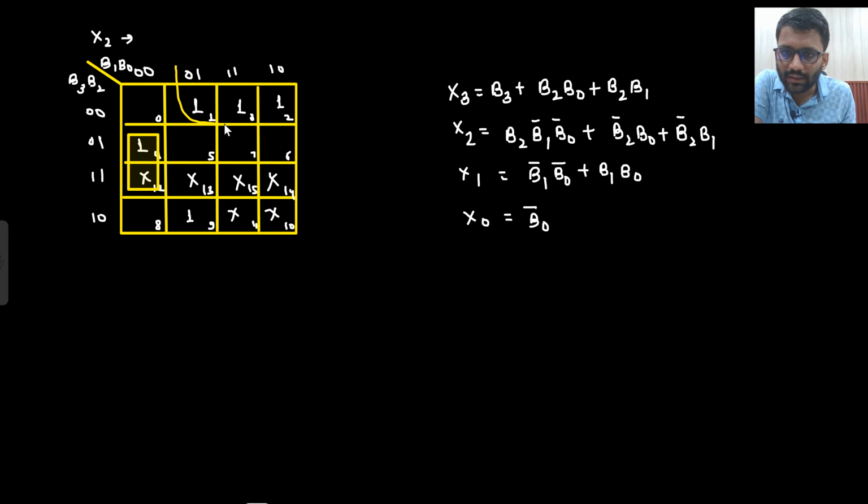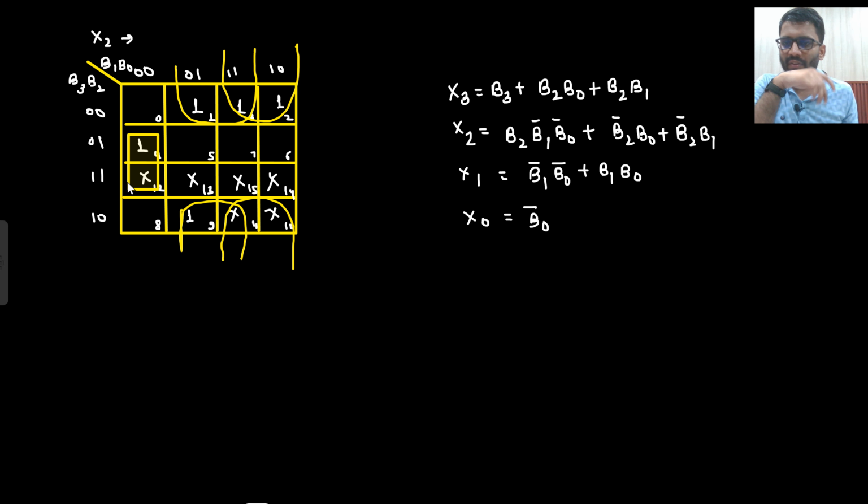This quad I can see, right? I cannot make any octet. This quad I can see, and another quad I can see. There you go. Okay. So if I write the expression for this one, so here